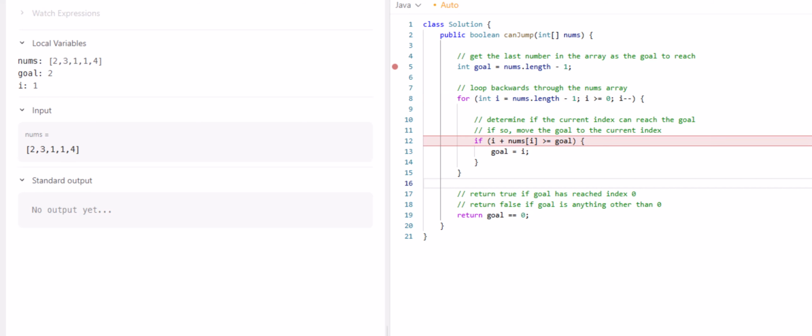All right, so nums of I is 1. 1 plus 3 in this case is 4, which is greater than or equal to the goal of 2. So we'll assign the goal to index 1. So now the goal is 1. And we iterate through this last